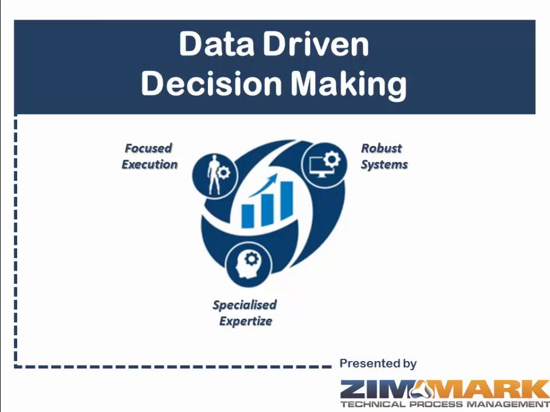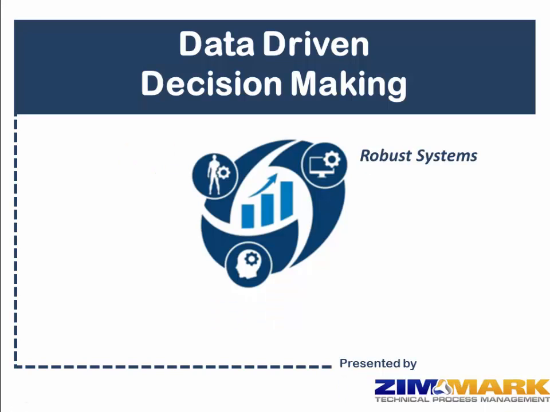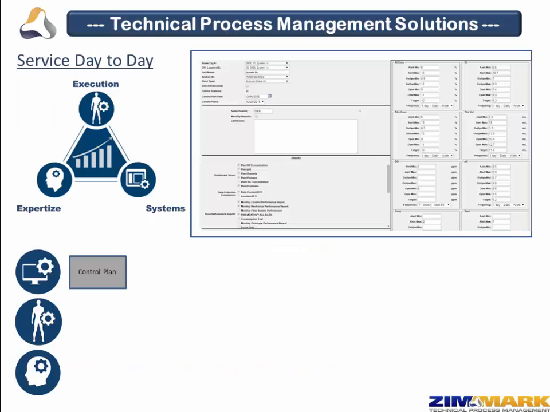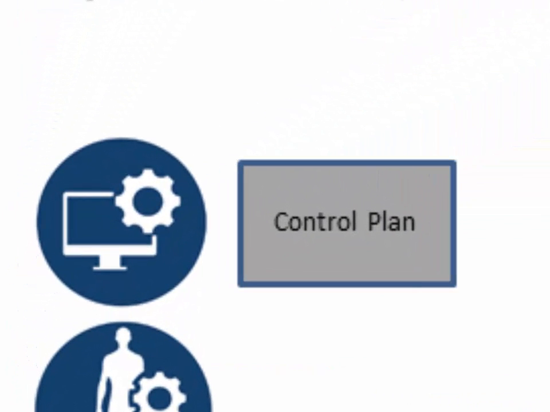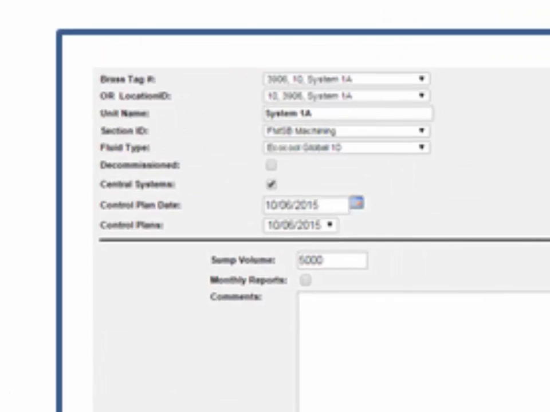This video is meant to quickly illustrate how robust systems support and are essential if you're looking to implement truly data-driven decision making. The heart of our process starts with what we call our dynamic control plan. Every single unit within your facility has its own unique control plan where all the various KPIs that impact cost